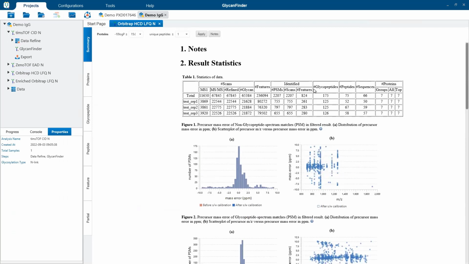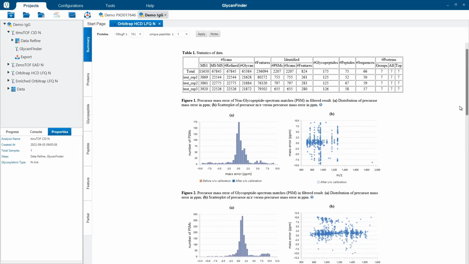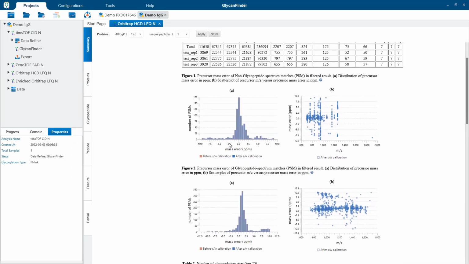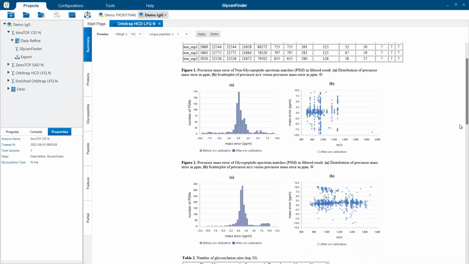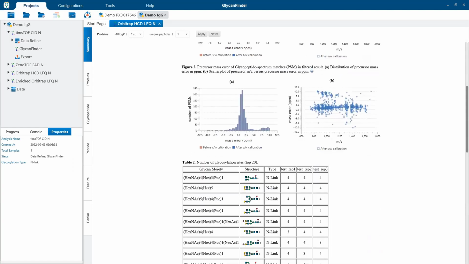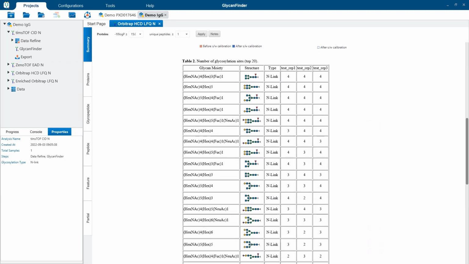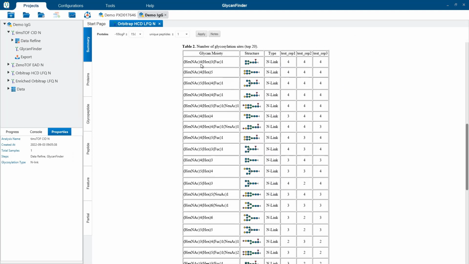So we get some result statistics showing the number of glycopeptides and other peptides matched to our sample, the mass error distribution of the unglycosylated peptides and the glycosylated peptides, and a list of the different glycan compositions and predicted structures that we've matched up in our sample.